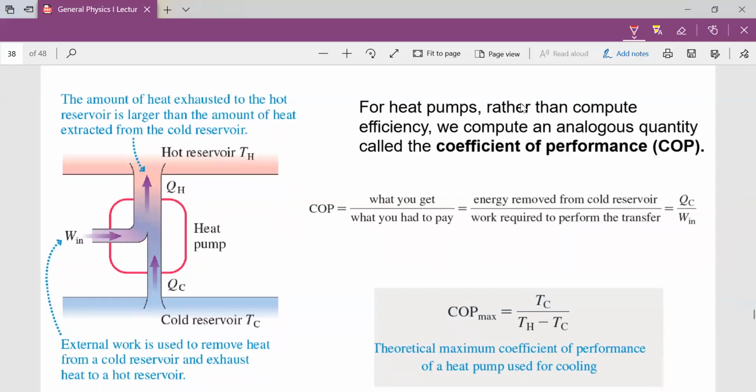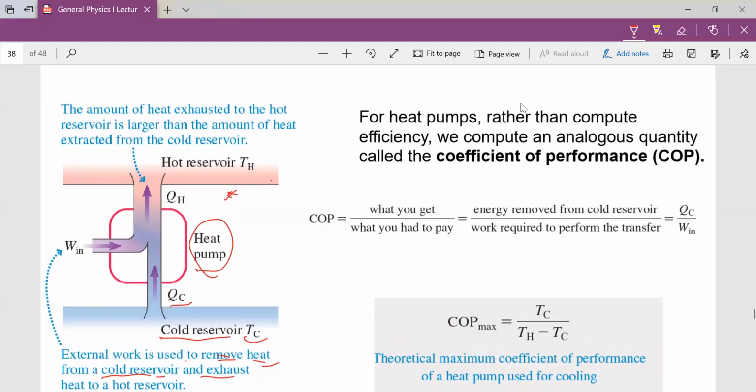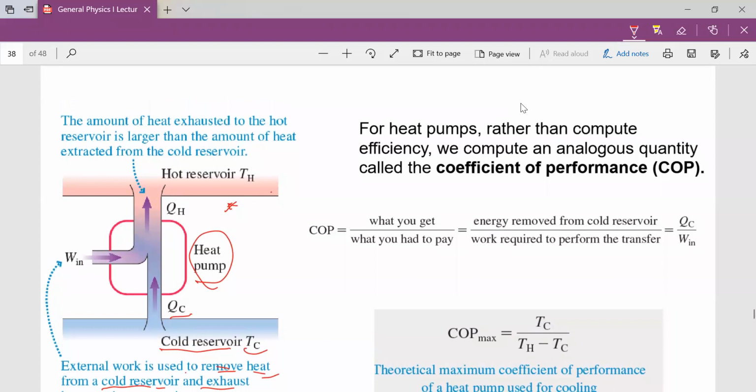So you see the QC standing for this, and the temperature, the heat pump, taking the cold heat to the region of the hot heat. So the external work is used to remove heat from the cold heat reservoir and then send it to the hot bed. Now, the unique thing about the heat pump is that for us to talk about its maximal function,